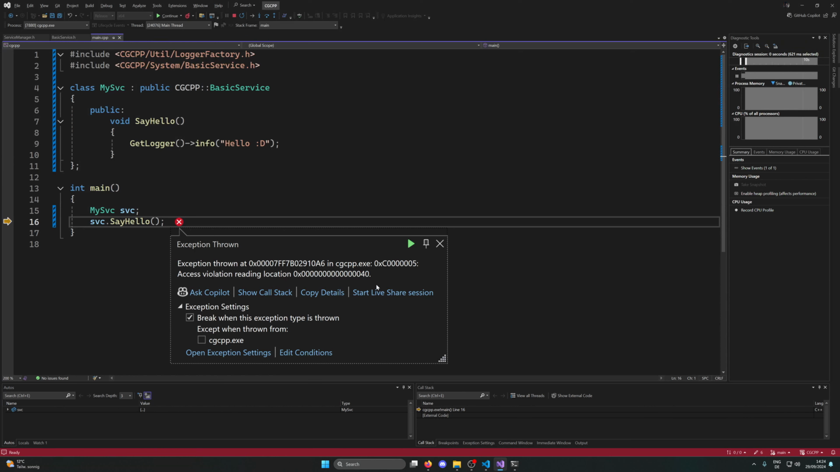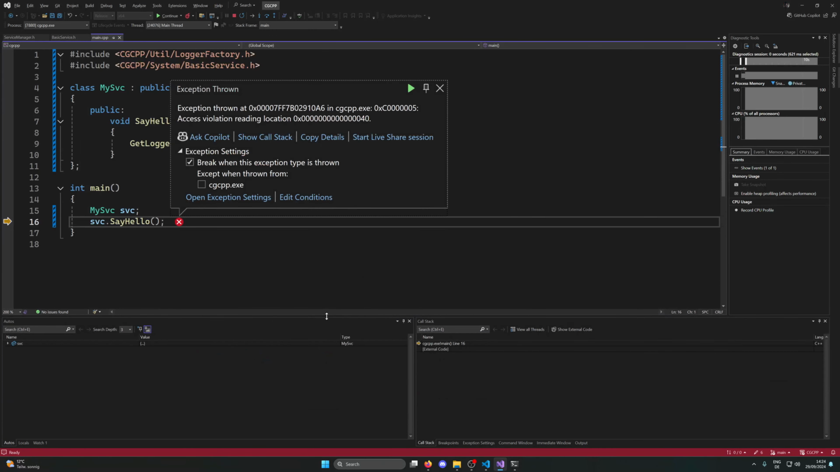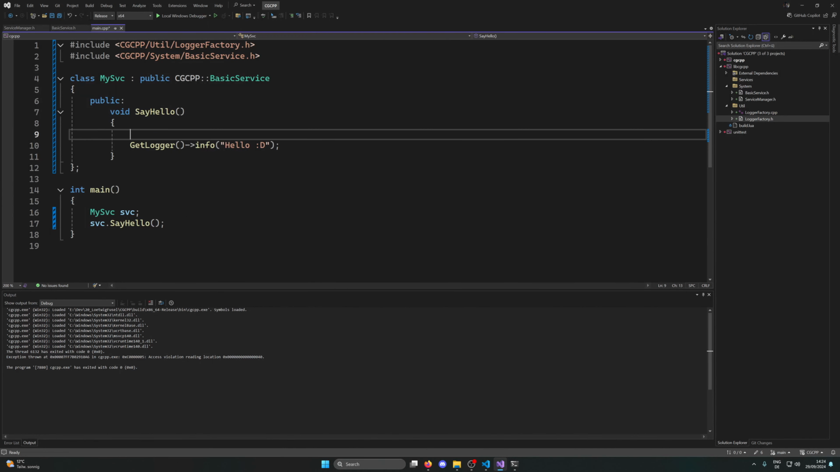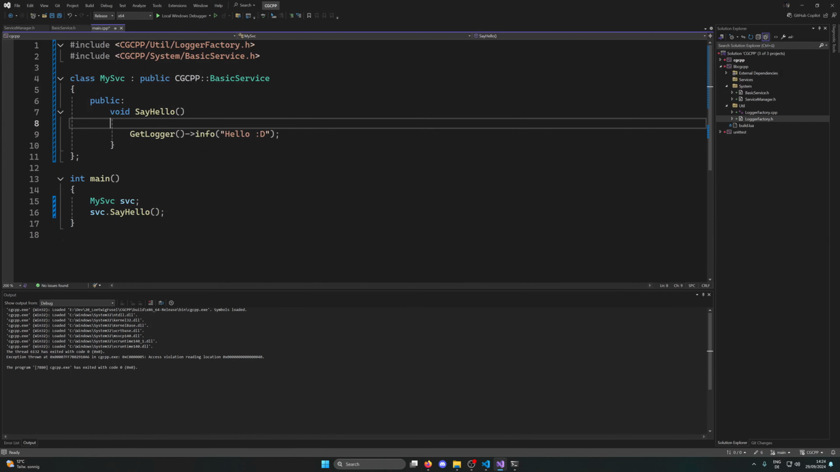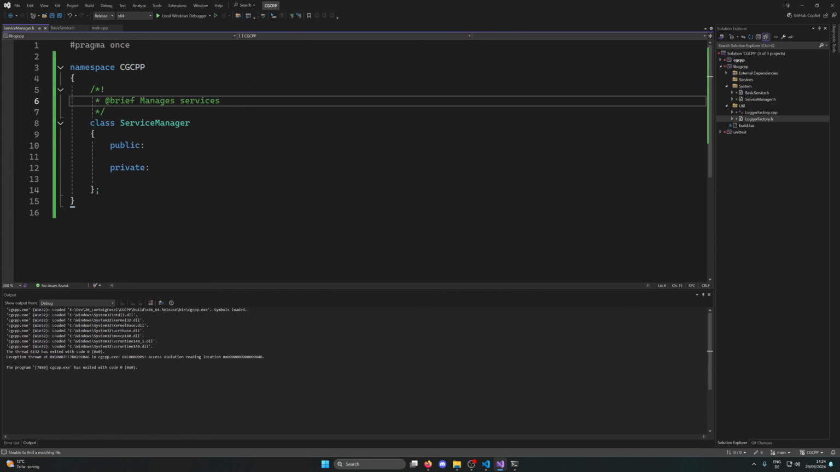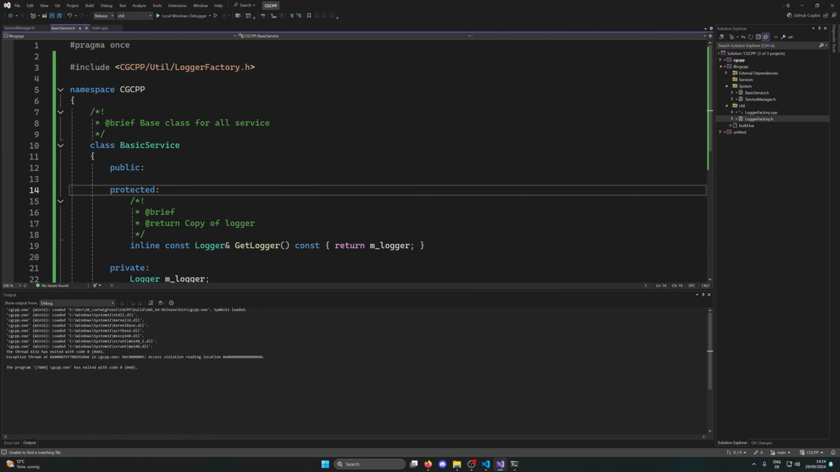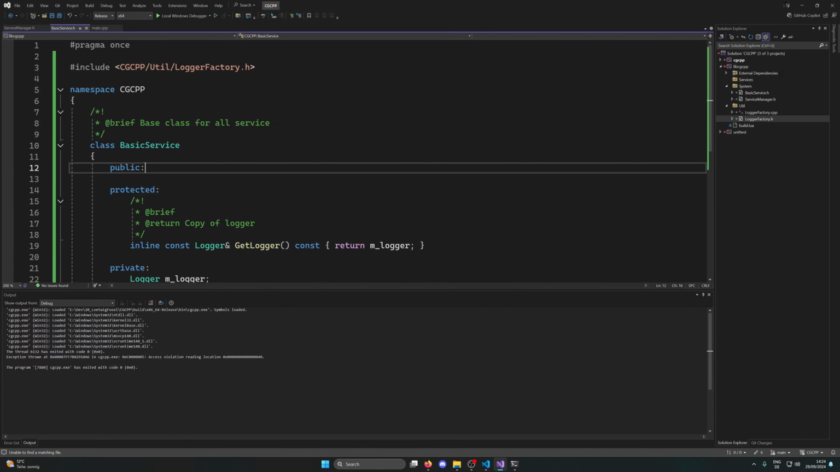Interesting. Access violation. Seems like a null pointer. Yeah, of course it's a null. Of course it is, because the logger is not initialized, because we don't have a constructor yet. Of course. We need to have